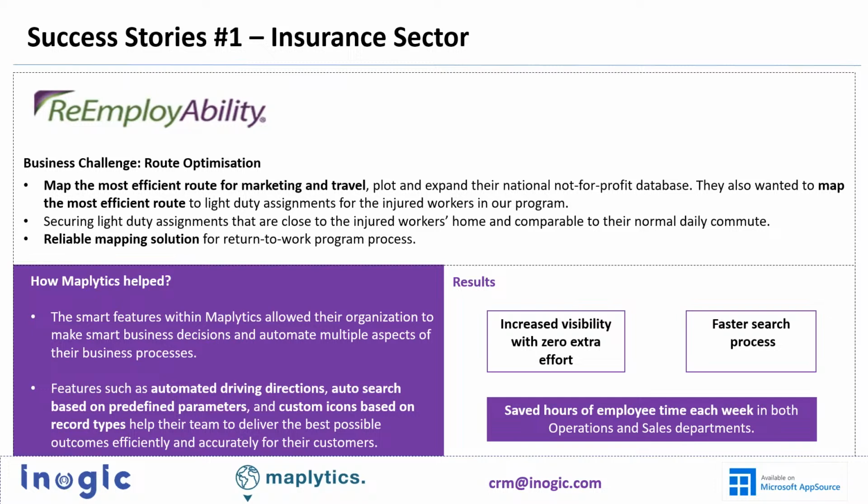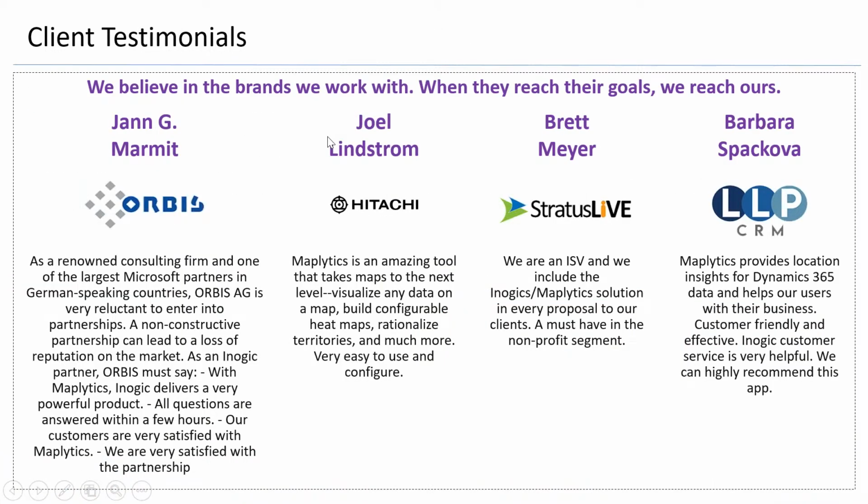They use Maplytics to search for the light duty assignments that are within the close vicinity of the injured workers, and they assign these light duty assignments to the injured workers in order to help them return to work. Likewise, you can go to our website to view all of the case studies and the testimonials that we have from our valuable